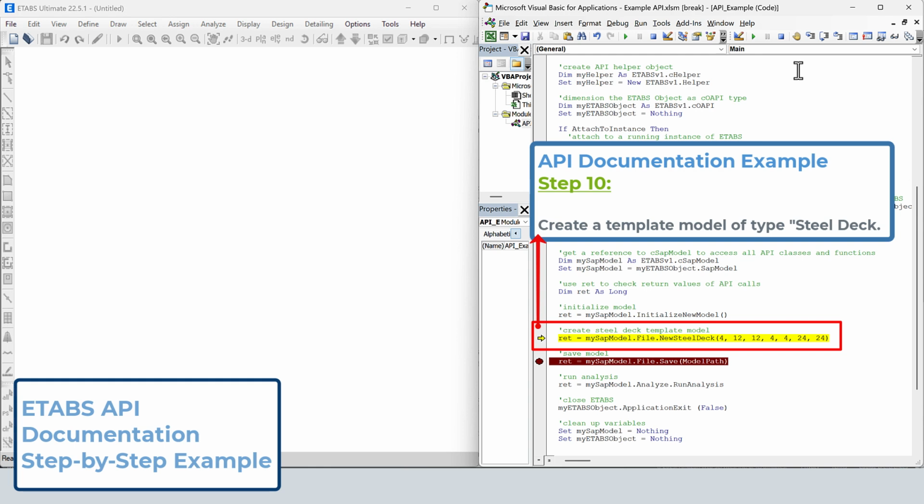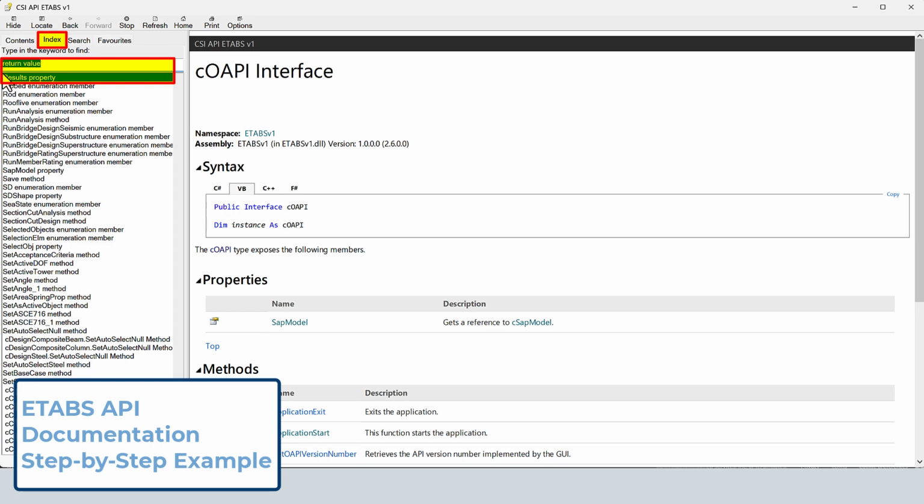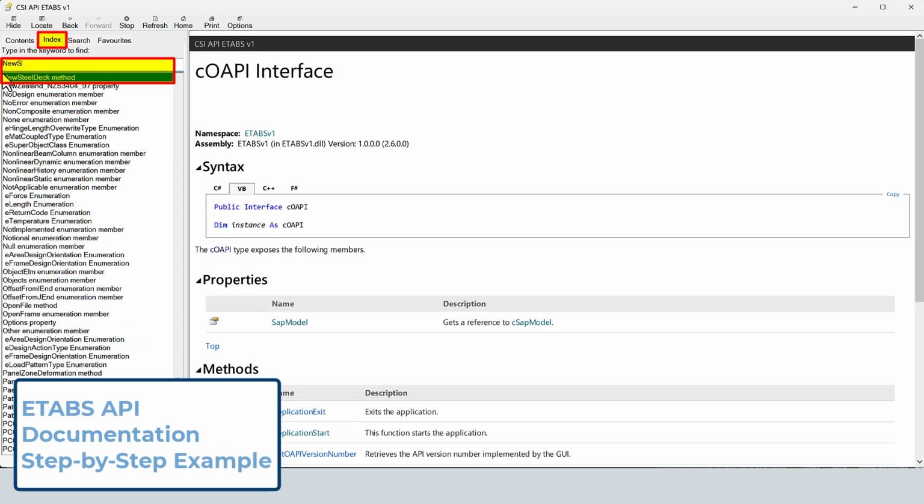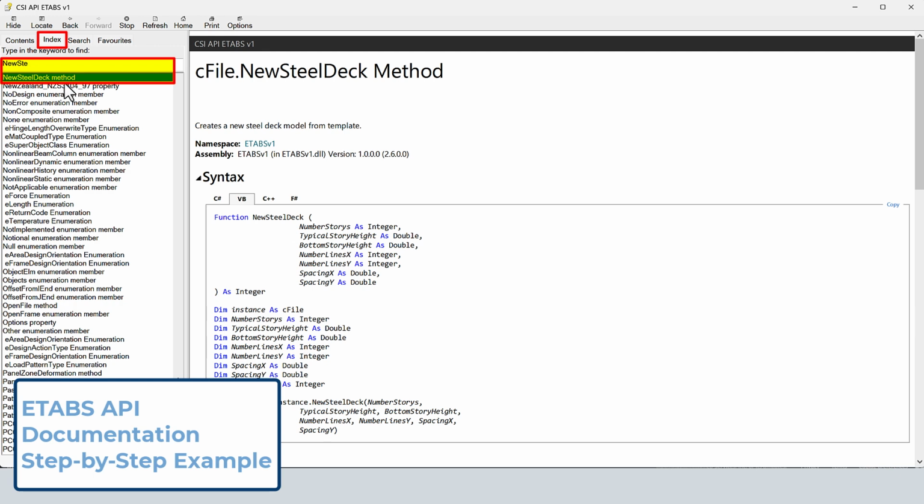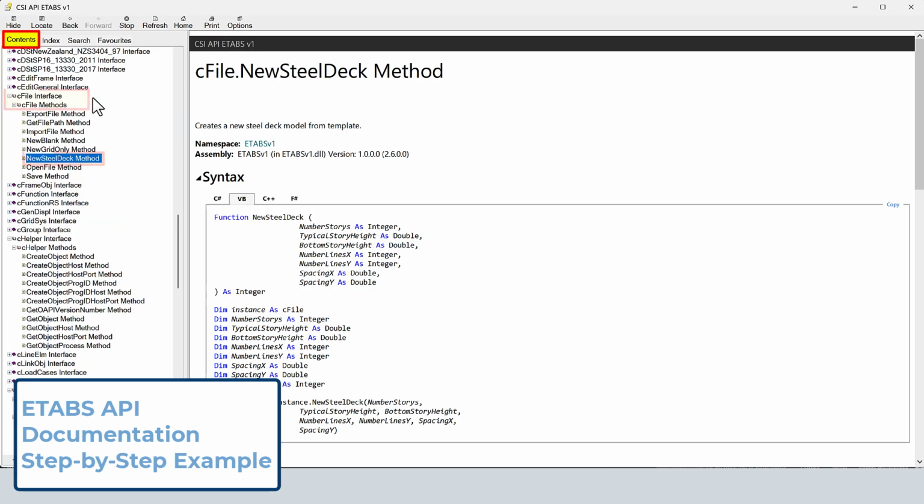You'll notice that we now have the code side by side with the current instance of ETABS. As soon as we execute this line of code, we'll see ETABS populating the model. Let's again investigate how the function looks like on the API documentation. If you don't know what class has this method, a good option is to browse the index tab for the NewSteelDeck function. This allows you to confirm the method is available under the cFile interface class, which offers the following methods: